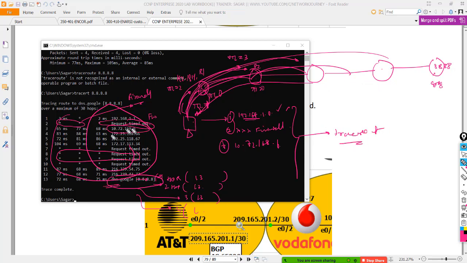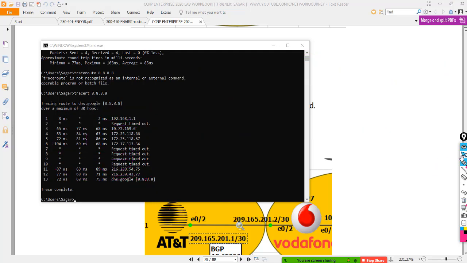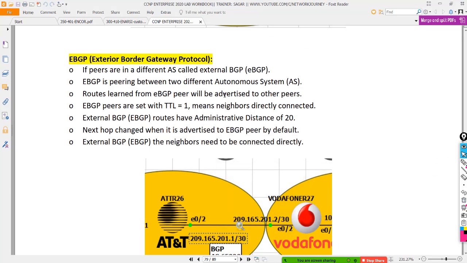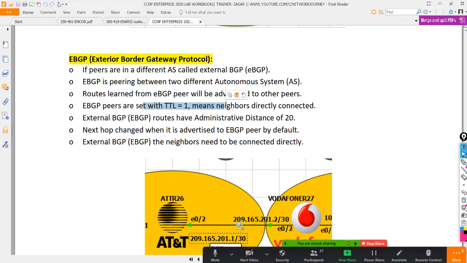Okay, so the point here is all this is happening because of the TTL, time to live. In case of eBGP, we say this component TTL is 1. That means eBGP is considered to be directly connected.